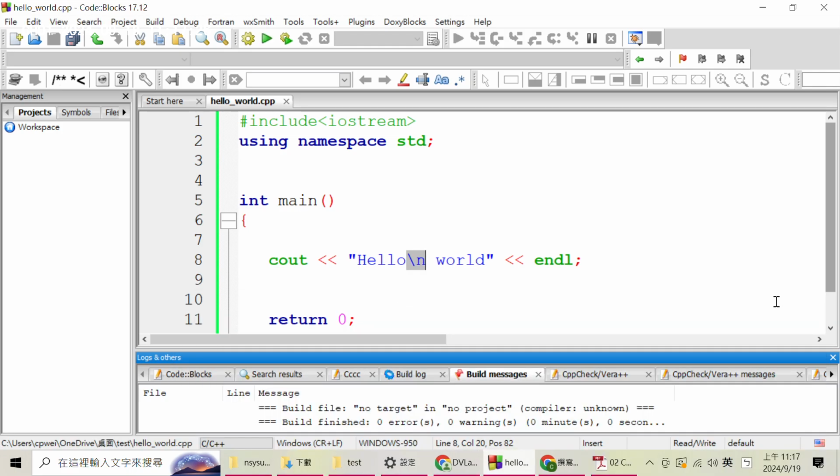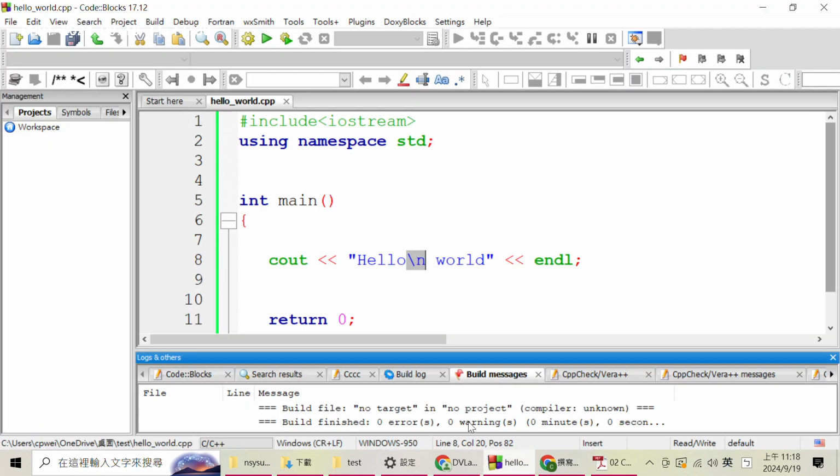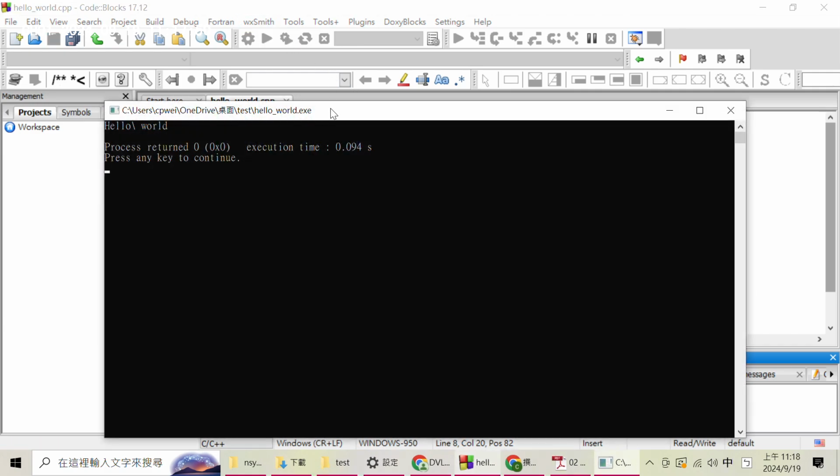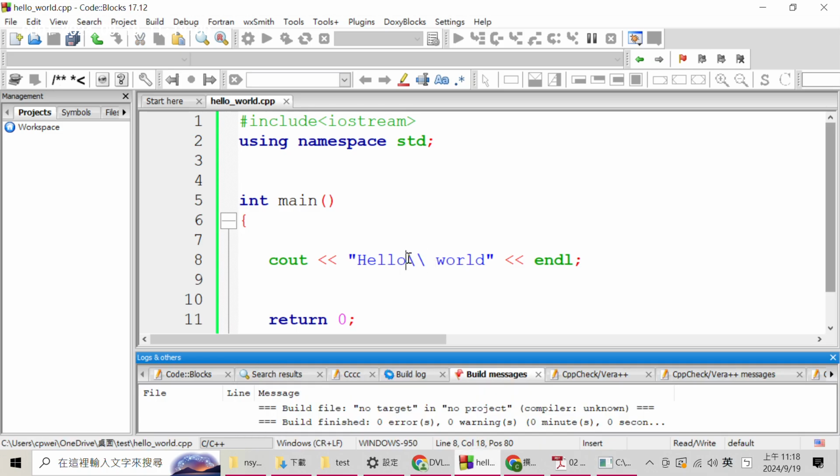And in fact, we have many escape sequences shown in this table. We have tab, or you want to print a backslash. So suppose you want to print a backslash, you need to type the double backslash. So you see that if you want to print one backslash, you need to type two backslashes, because the two